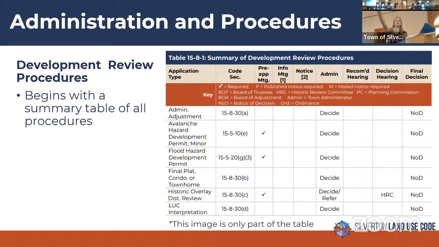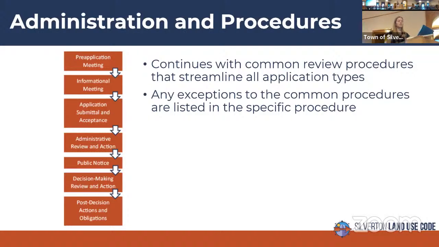This table includes all of the different application types, whether or not you need certain requirements like a pre-application meeting with staff or a neighborhood informational meeting, the type of notice you may need, and then which decision-making body is deciding on the application, as well as if a hearing is required. Next slide, please.